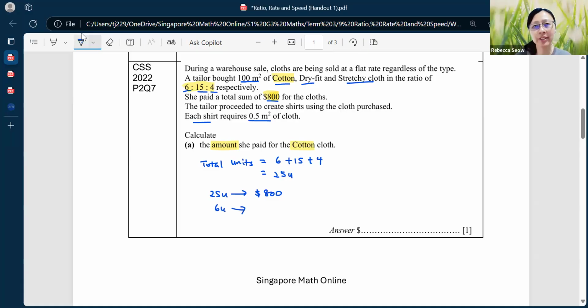So if we know that 25 units is represented, pardon me, $800 is represented by 25 units, one unit will be 800 out of 25. And from there, to find 6 units, it's to multiply it by 6. And so we have $192. That will be the amount that she paid for the cotton cloth. Now moving on,